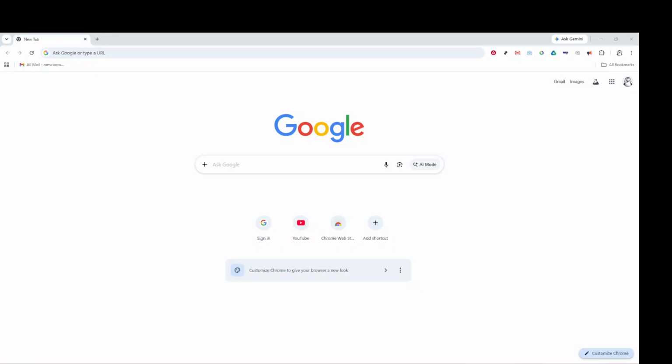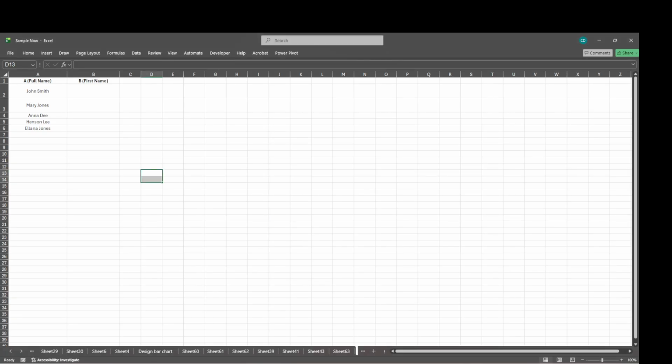In today's video, I'm going to teach you how to use Flash Fill in Excel. To get started, open Microsoft Excel and go to the worksheet where your data is stored. Flash Fill is a built-in Excel feature that automatically fills in data when it recognizes a pattern in what you start typing. It's especially helpful when you want to split names, combine text, reformat information, or clean up data quickly